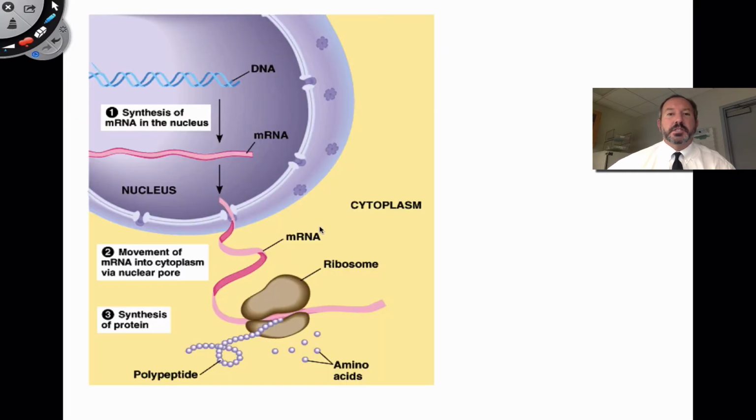So let's take a look. Really, this diagram pretty much says everything that you want to know about this. This is obviously a eukaryotic cell. Here's the nucleus, and the nuclear envelope is a double phospholipid bilayer. Here are the nuclear pores. It's these nuclear pores, which are gaping holes in the nuclear envelope, that will allow RNA to exit from the nucleus. Now, DNA is simply too large to leave the nucleus, and for the most part you don't want it to leave the nucleus anyway, in terms of regulating your protein production.